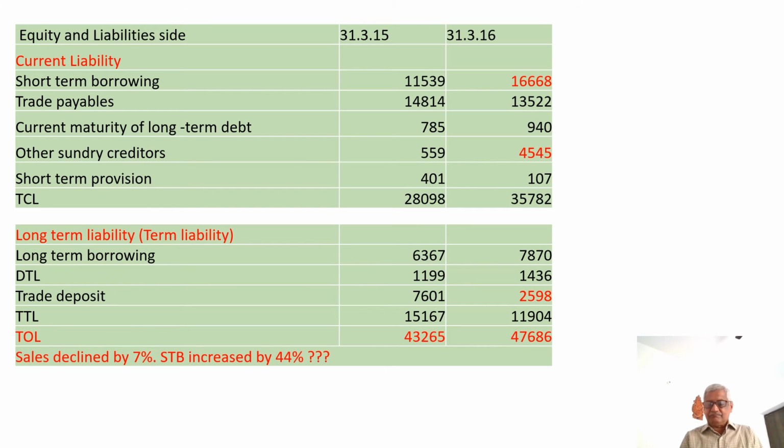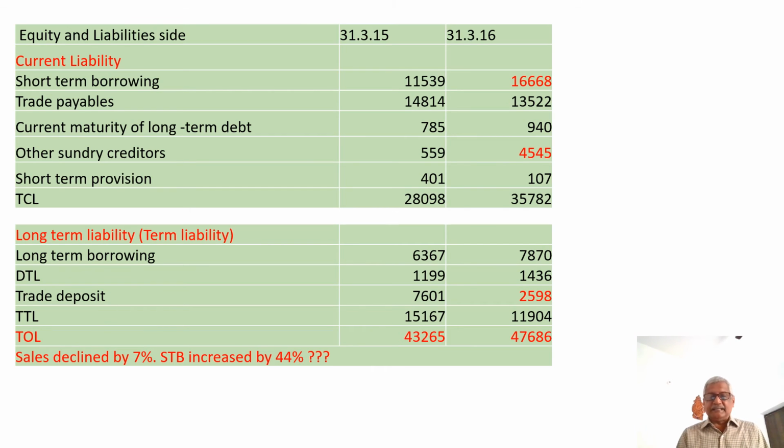And there is an item which is called non-current asset. Non-current asset is an asset which is not a part of the operating cycle but can be converted into cash in the next 12 months, or which is part of the operating cycle but cannot be converted into cash in the next 12 months. And all investments, whether the investments are current in nature or long-term in nature, bankers do classify them under non-current assets.